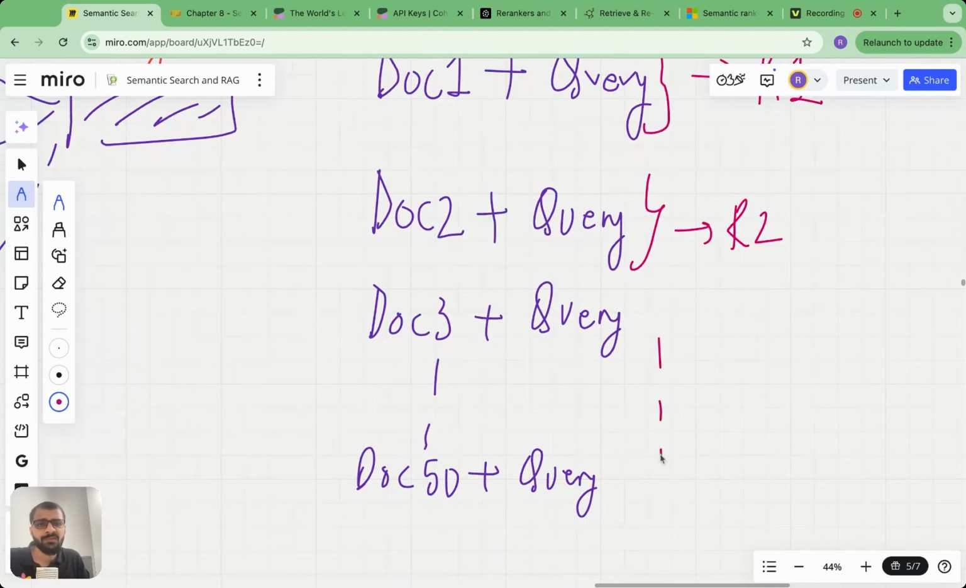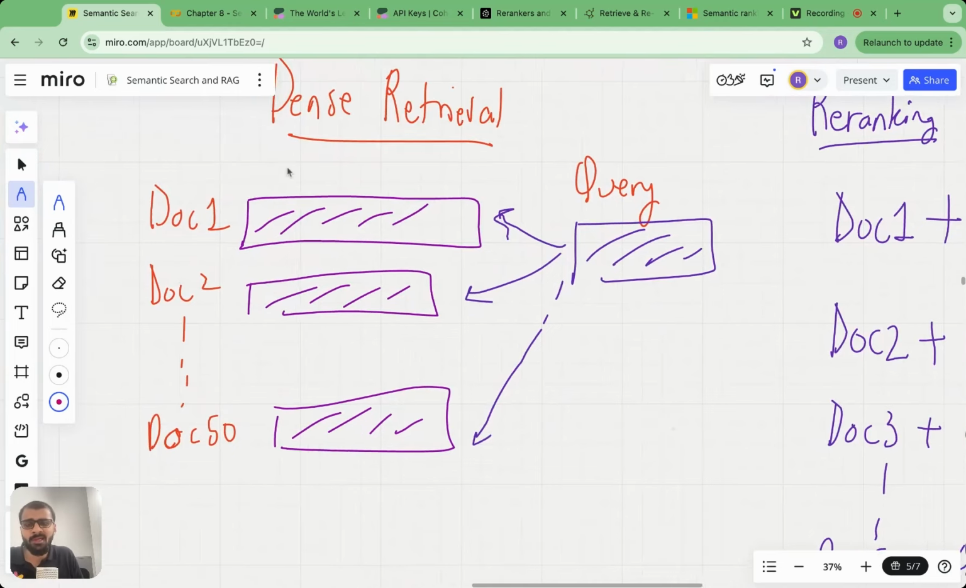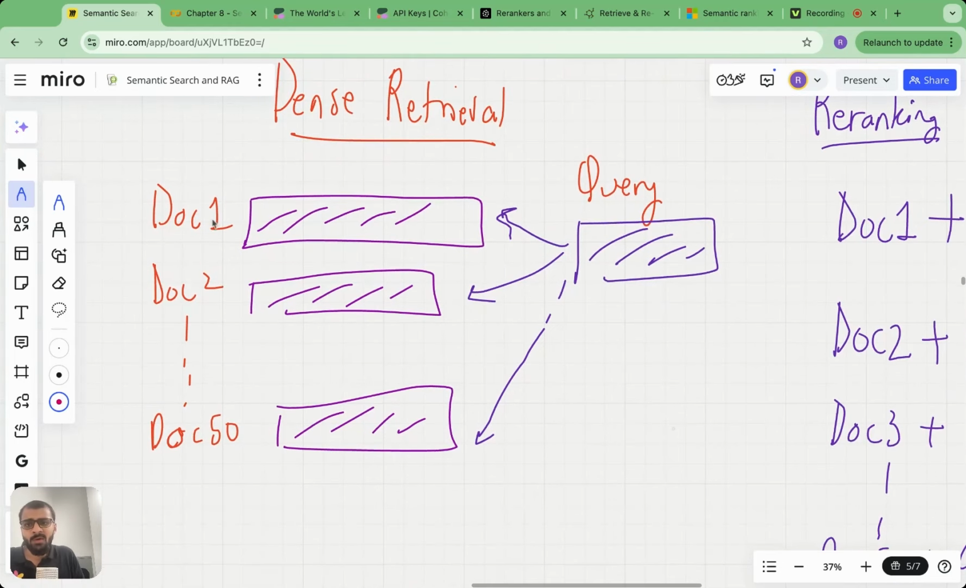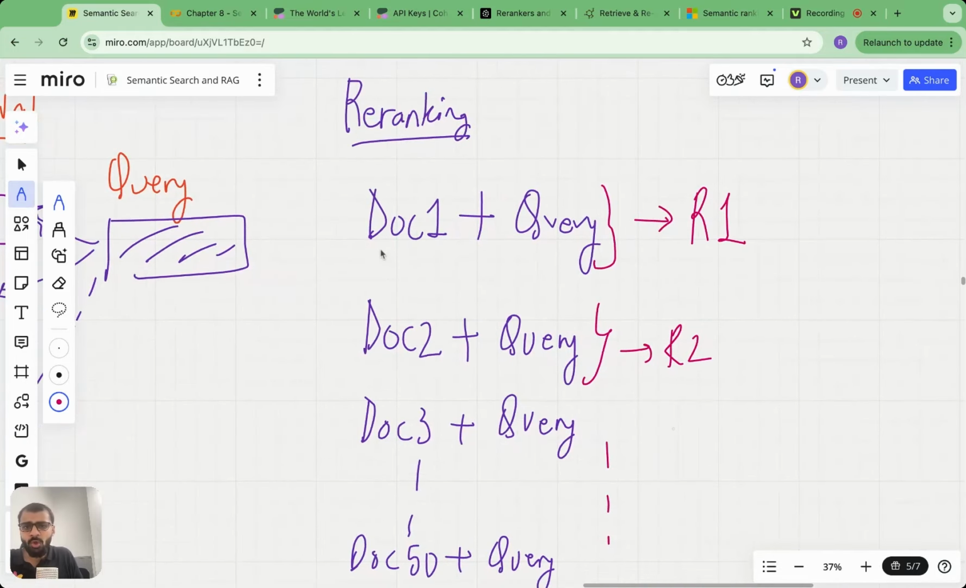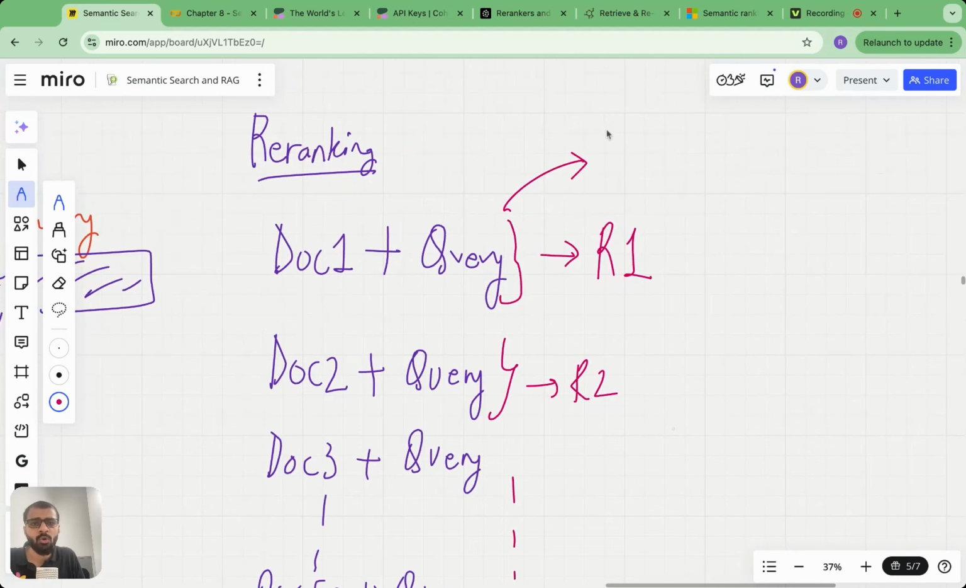Do you see the difference here? If we just perform dense retrieval, whenever we get a vector embedding for the document 1, it has not yet seen the query at all. We just get this vector embedding and then find the distance. But here what happens is that each document and the query together go to the transformer, or together go to the embedding model,